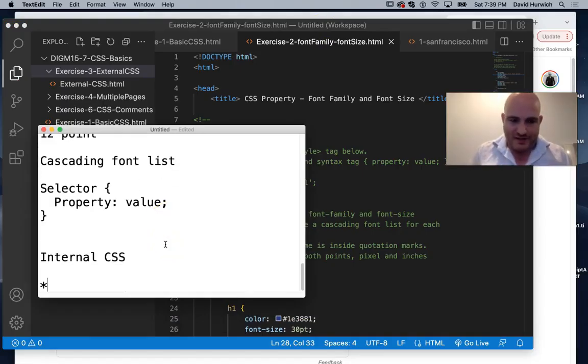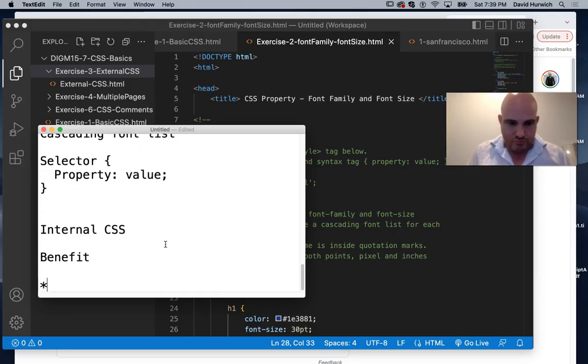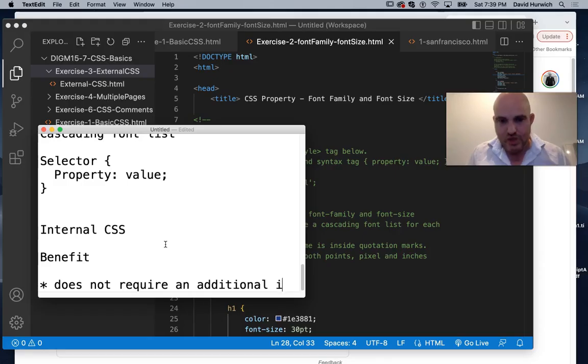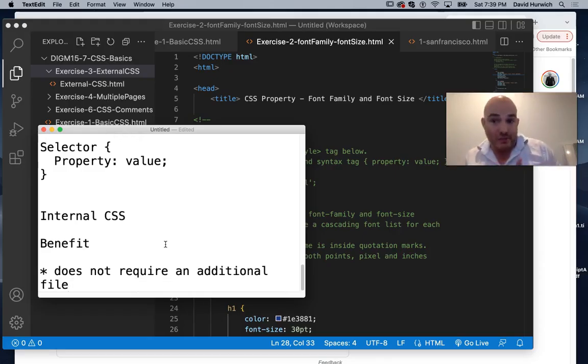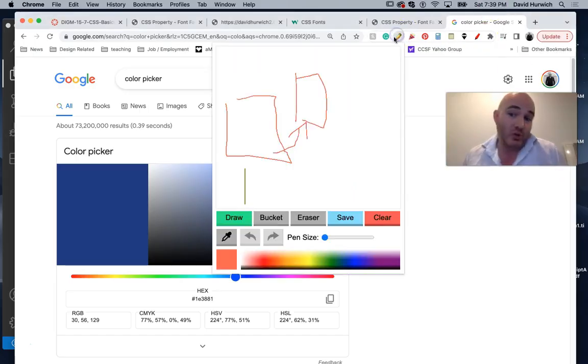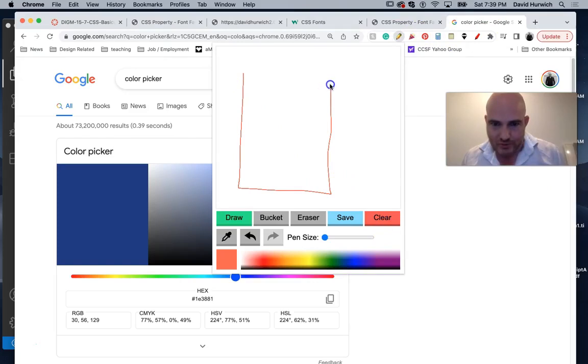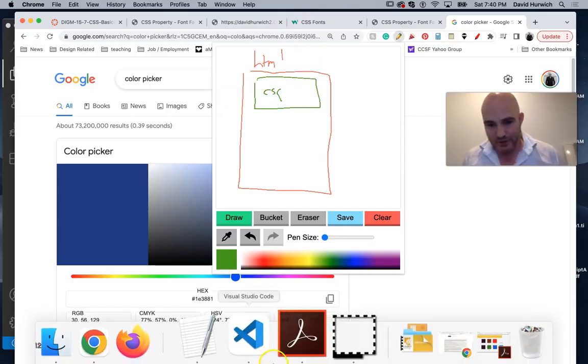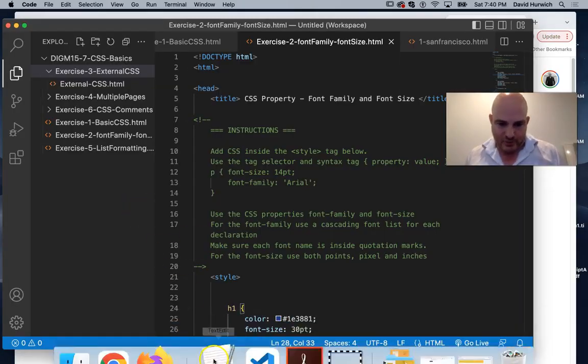One benefit is it does not require an additional file. In other words, you can combine the HTML and the CSS together in one file, okay? As opposed to needing two separate files, one that would be the HTML and one that would be the CSS. So essentially, here's my HTML file, and the CSS is internal, meaning it's inside of whatever web page it is, okay? The downside of doing this this way, an internal style sheet,